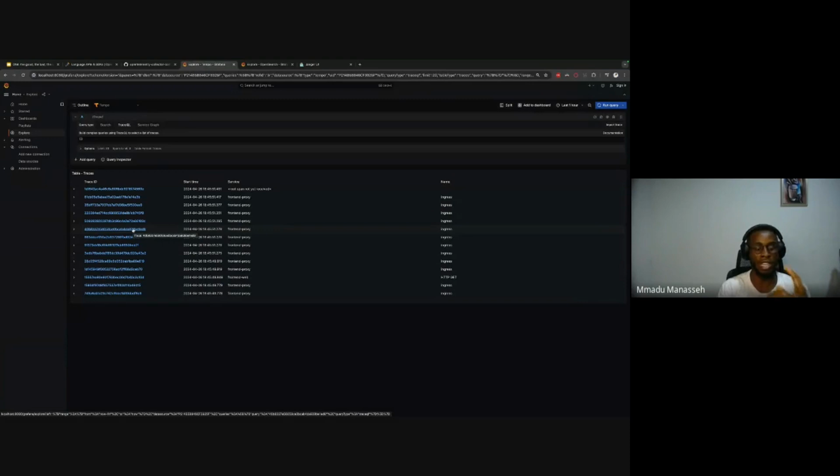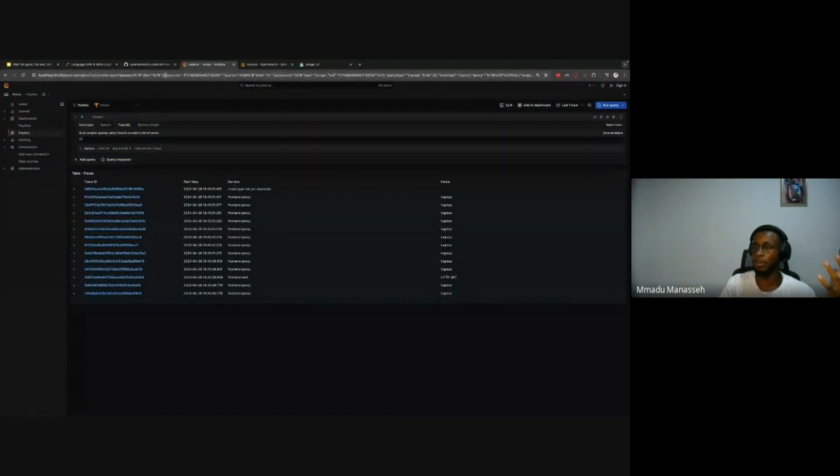Collect your data once and process it anywhere. You use any analytic tool of your choice to visualize your data, but just allow Otel to do the collecting for you, and then you can choose wherever you want to store your data and visualize your data. Yeah, that's one of the powers of Otel.